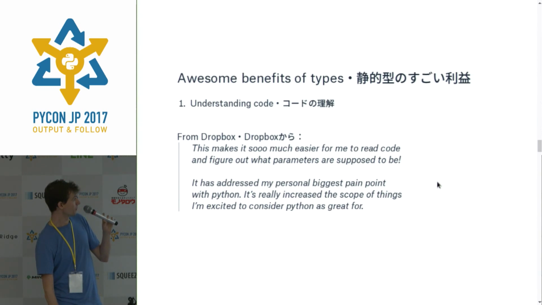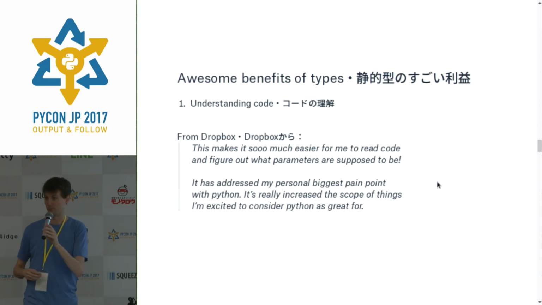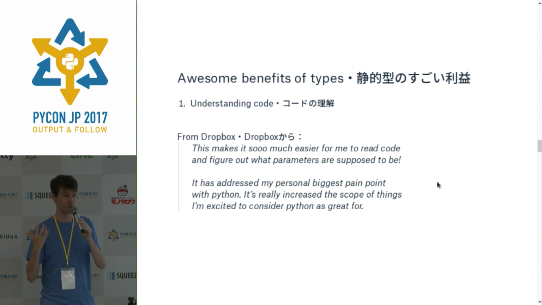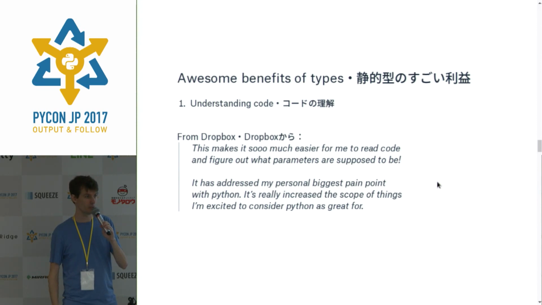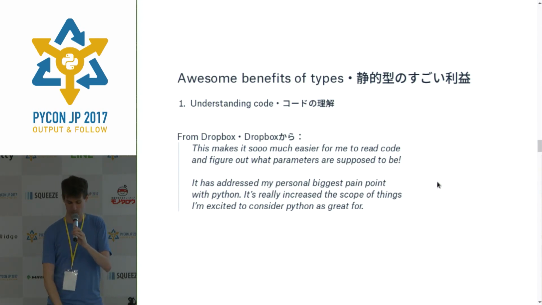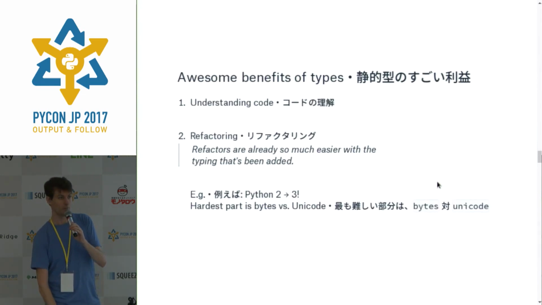Great. So just briefly, the things that make static types really awesome for Python. I've told you already about understanding code. Here's just a couple of quotes from Dropbox engineers, early adopters, about how it's made things much, much better. This is the biggest benefit, I think, by far. Number 2 is